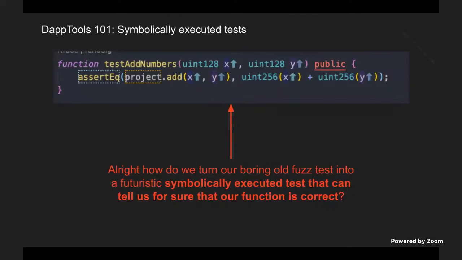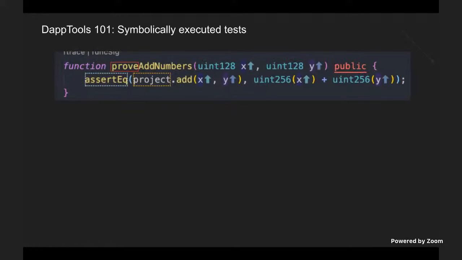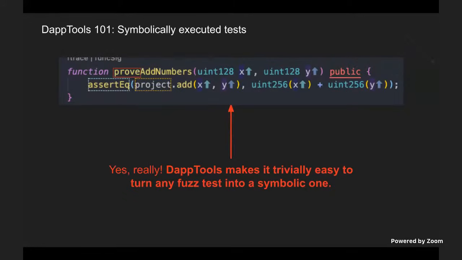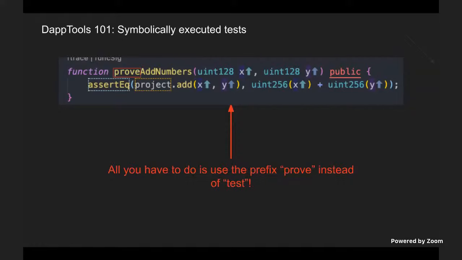So how do we make our boring old add numbers test a symbolic test that will, in effect, try every possible input? Did you catch that? We just renamed the test from test add numbers to prove add numbers. That's really it. Dapptools makes it trivially easy to turn any fuzz test into a symbolic one. So now if we run dapp test,